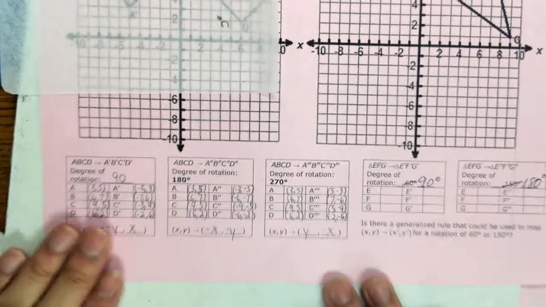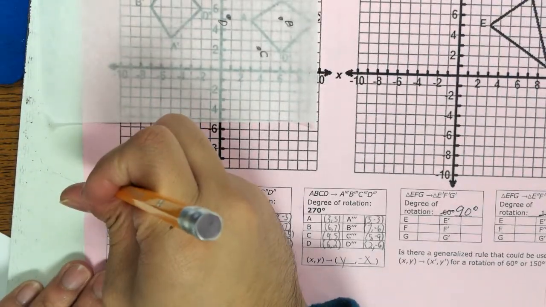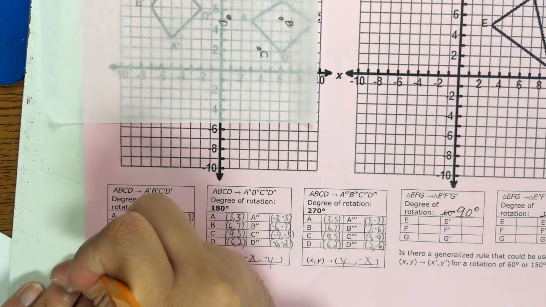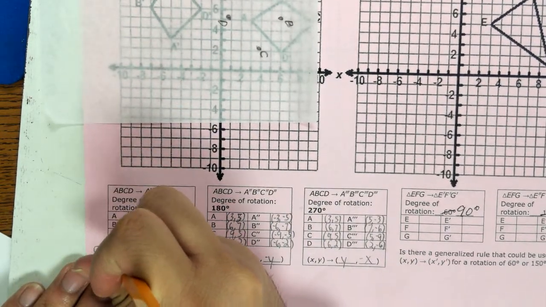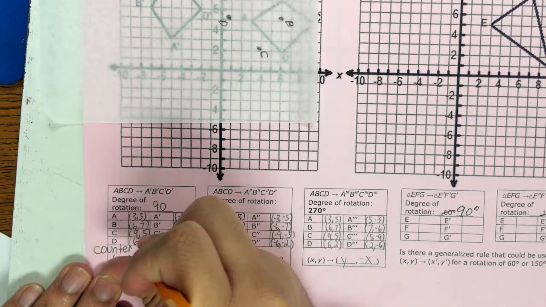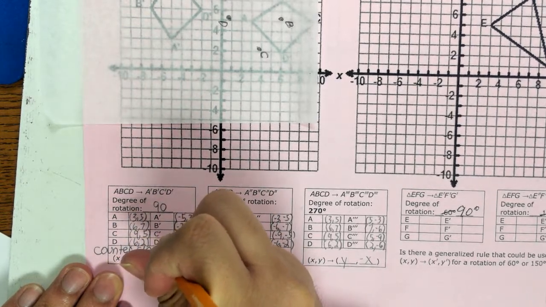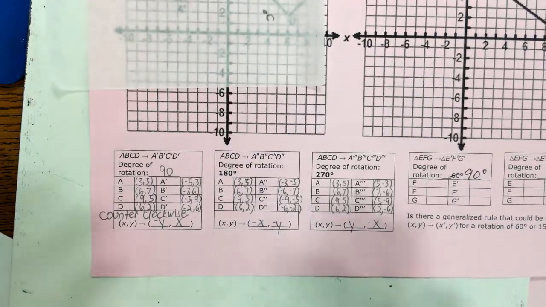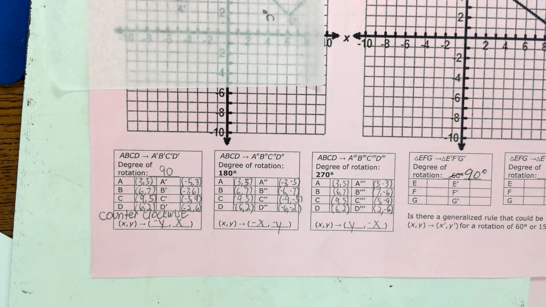So here are your patterns for the, let's write over here, counterclockwise rotations. These are all counterclockwise. Now let's take a look at the clockwise rotations and compare the two. For clockwise,